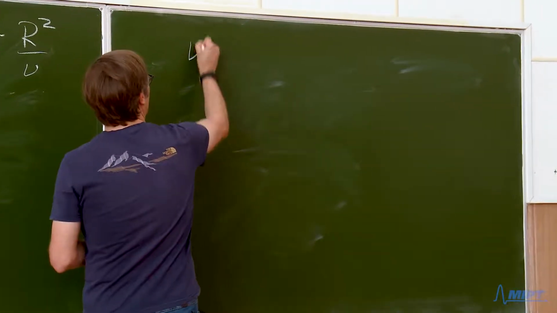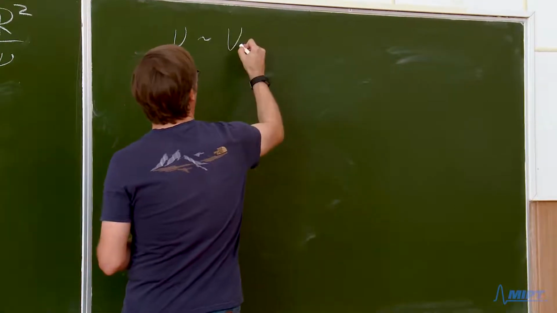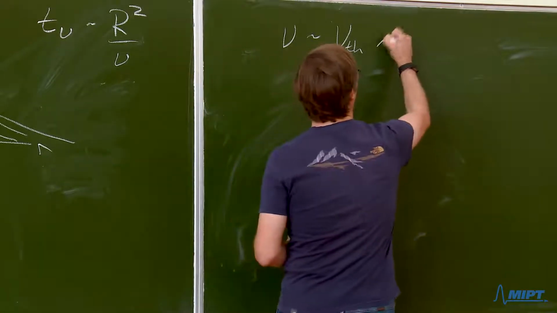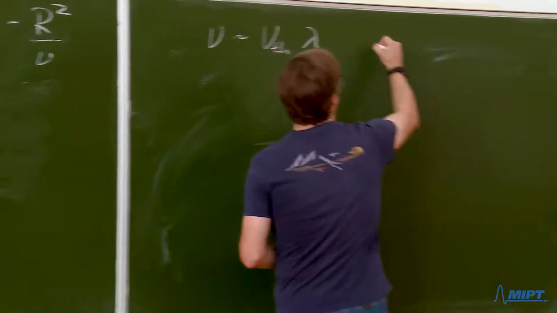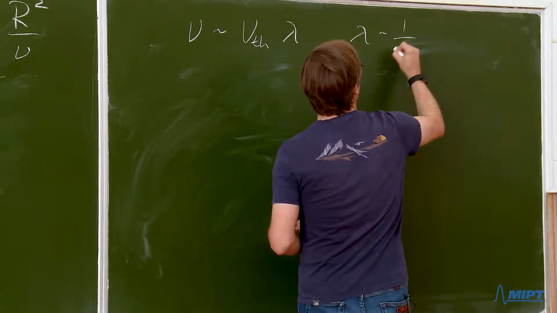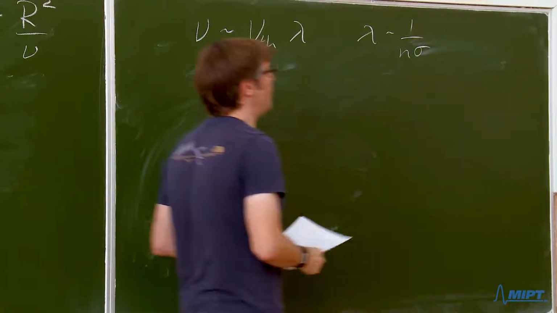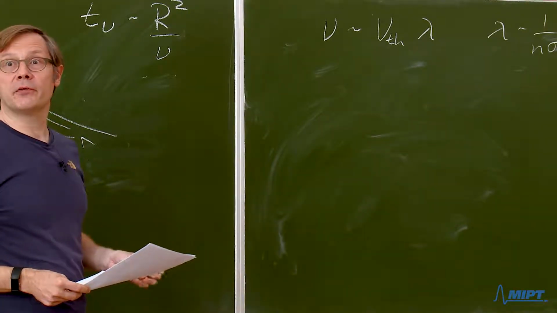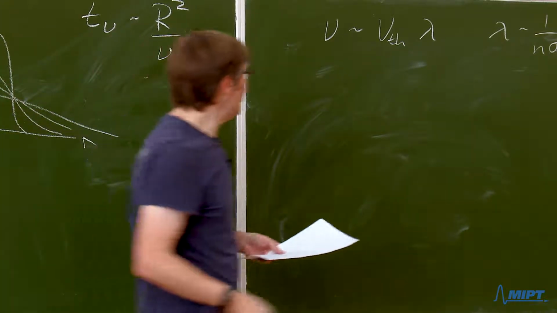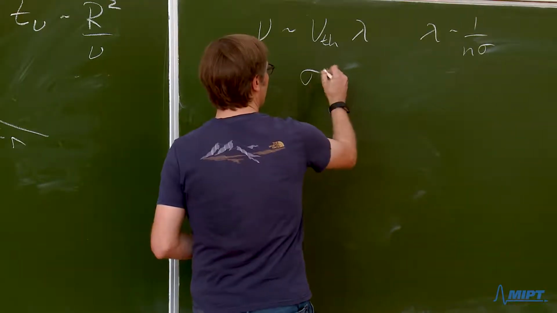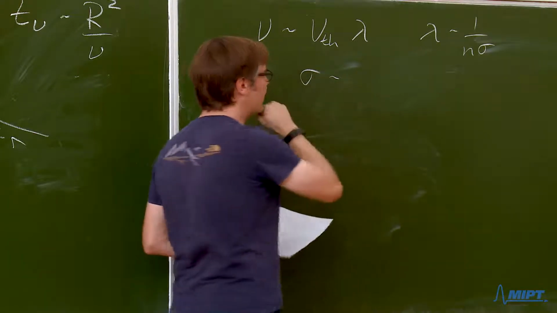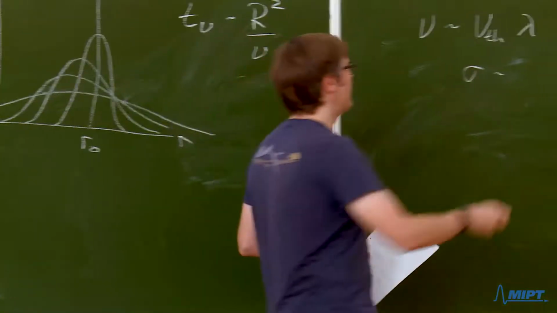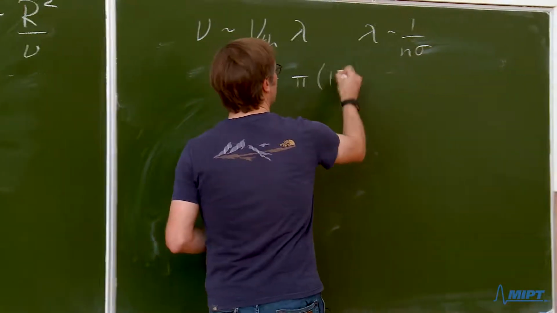Let's say that this viscosity is going to be something like the thermal speed within the gas times some mean free path, lambda, and lambda is going to be 1 over n sigma, where n is the number density and sigma is the cross-section for collisions of the molecules within the gas. So you can plug in some numbers here. Let's say that the collision cross-section is something like the physical size of a hydrogen molecule. So that might be, say, pi times 10 to the minus 8